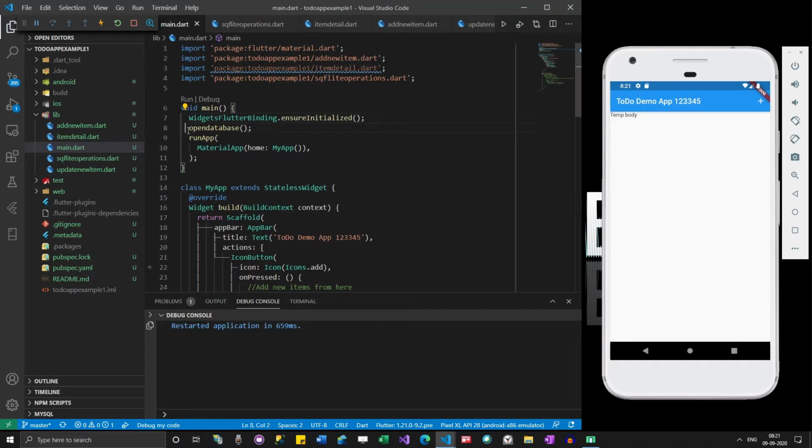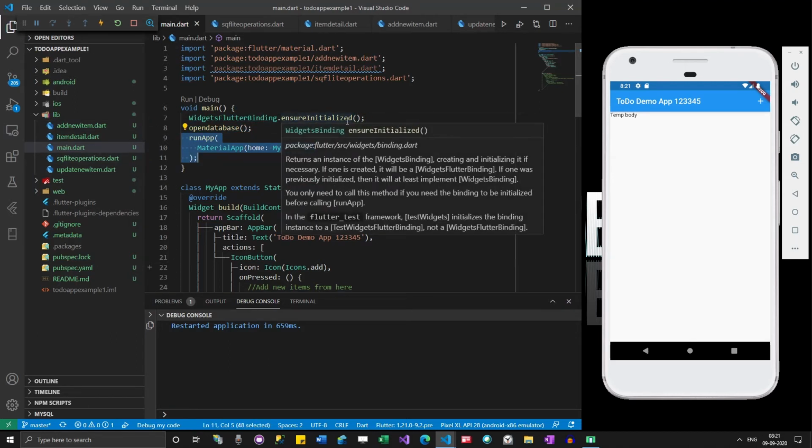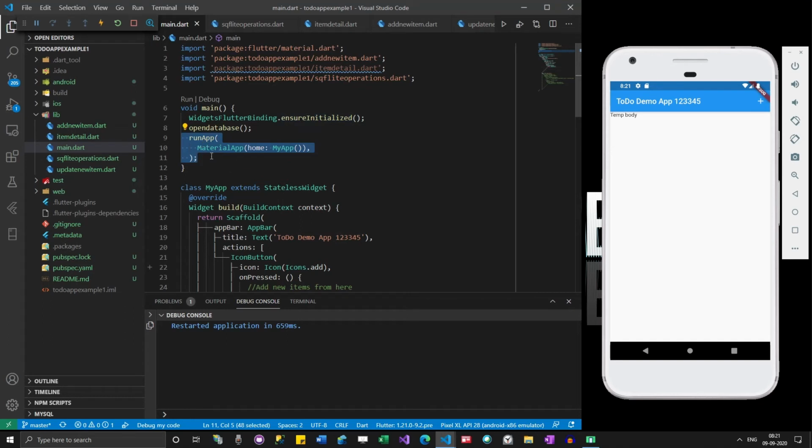If I am opening the database somewhere within the other code, then this is not required, because runApp probably is calling this line of code somewhere within it. If I open a database without this code somewhere else, it will work, but not in the main before runApp. If I'm trying to open a database before runApp, you have to add this code.